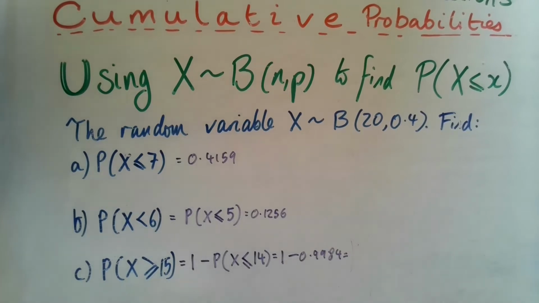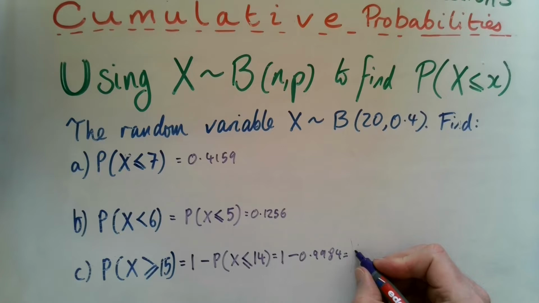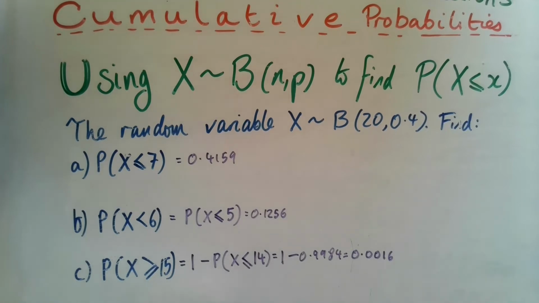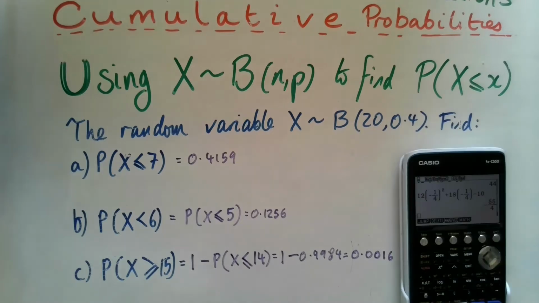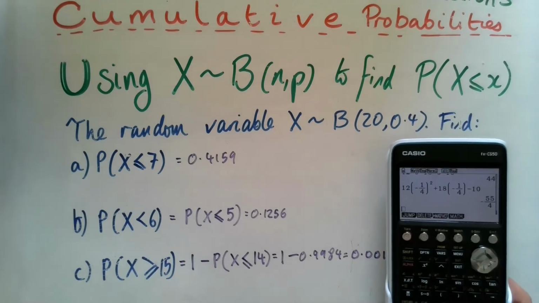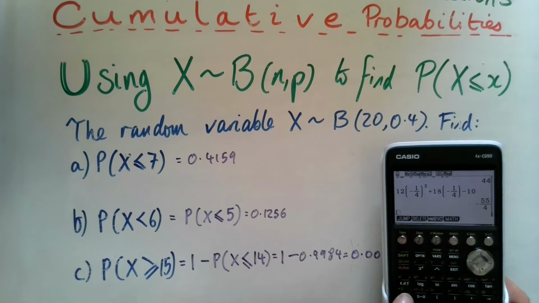0.9984. Take that away from 1 gives me my actual answer, 0.0016. Right, so how could we have done it in the calculator? So here's the calculator, and we start off by getting to binomial. So hopefully you remember how to do that. If not, we go,